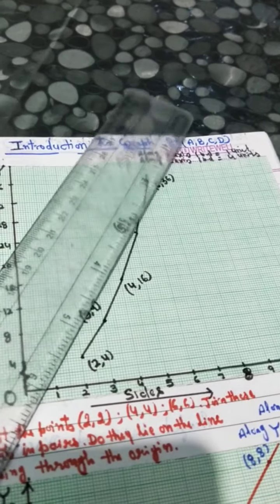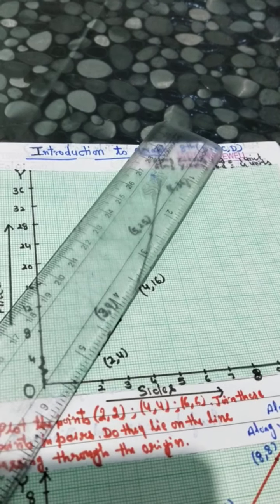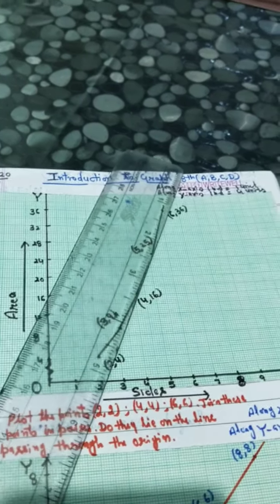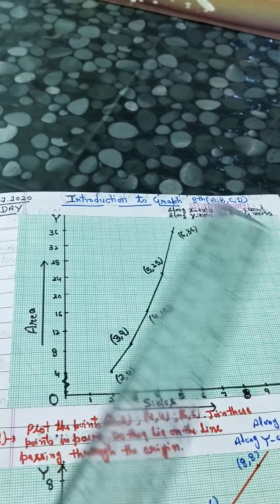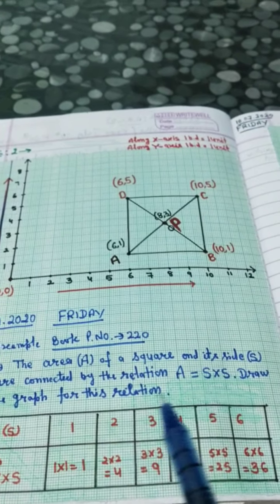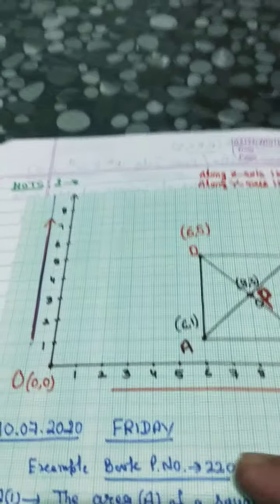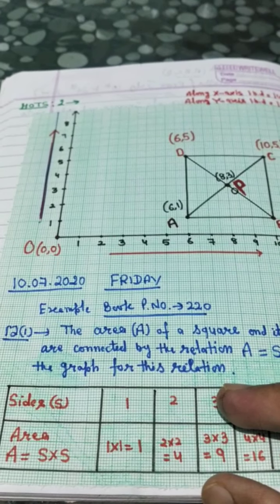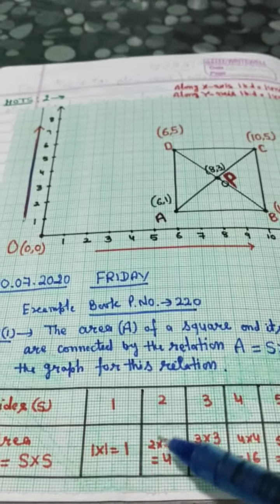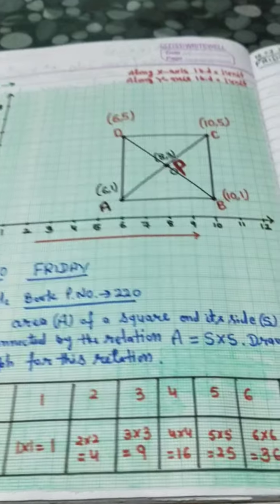If these points do not form a straight line, then you can join the first 2 points, this 2 4 and 3 9. Then this one, after that this one, and last this one. Okay, so in this way you can plot points on graph paper. So in this way we can find the relation A is equal to S into S. Only this statement is given, you make this table yourself. Take your side 1, then area will be side into side, 1 into 1, 1. Side 2, then 3, 4, 5, and find their area.